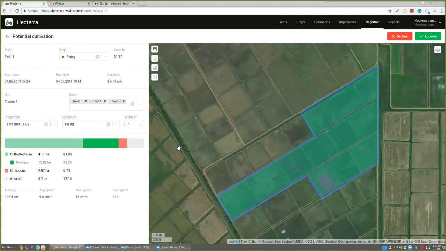We also see the overlaps. This is the area of the field sections which the unit visited more than once. So if you would like to see this information on the map, you need to activate this layer on the map, and you will see all the overlaps. Next one,